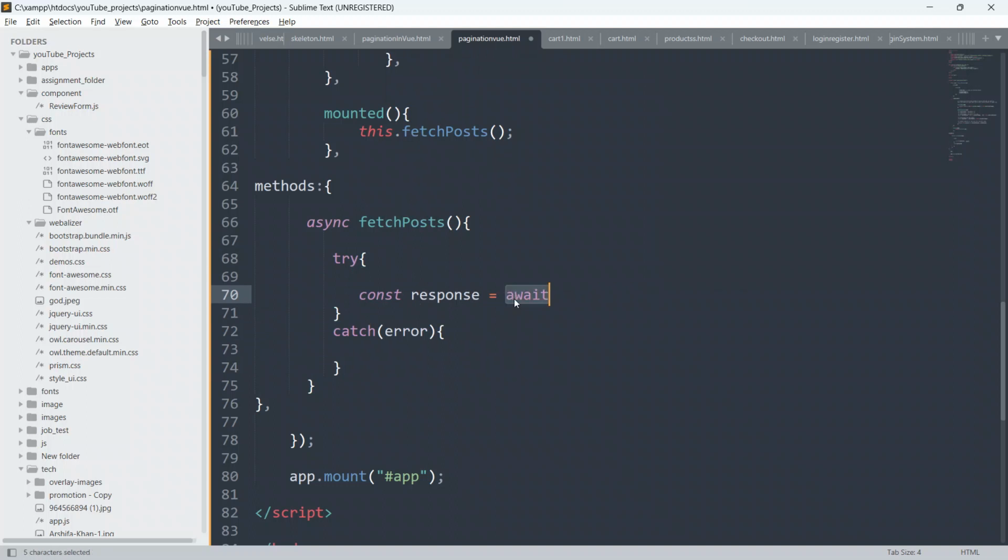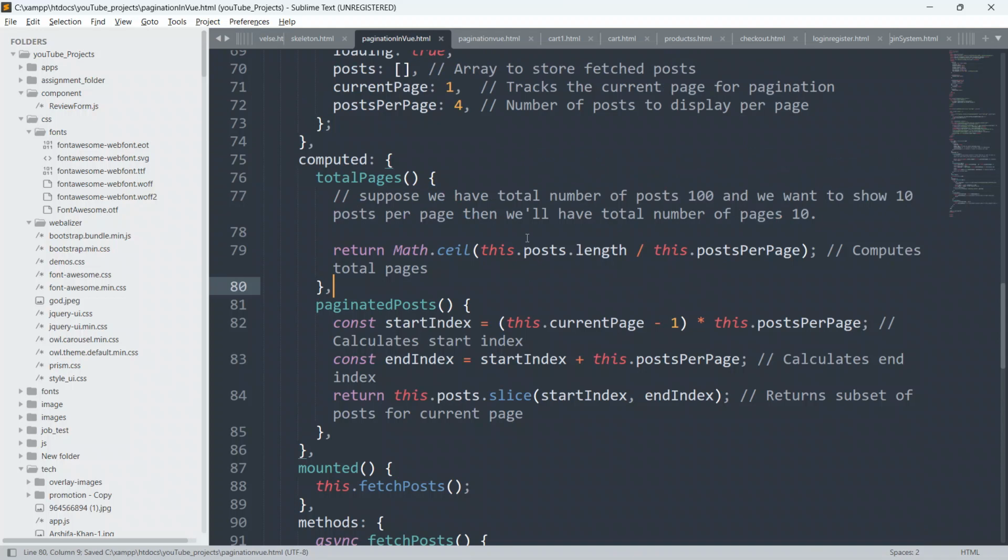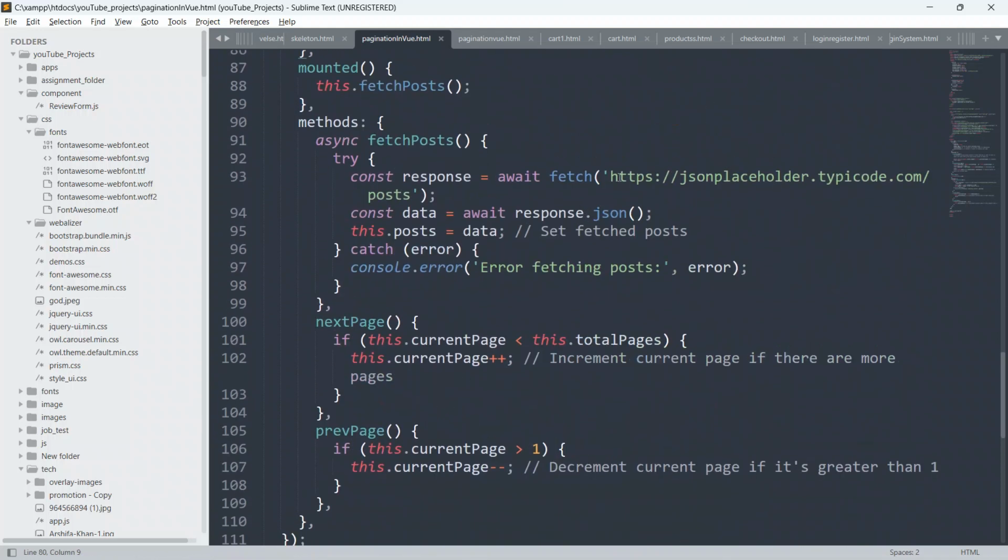So guys, once the promise is resolved, we will get our response inside the response variable. That's why we use the await keyword. So I'll say here await, and I will use the JavaScript inbuilt method which is known as fetch. I will put parentheses, and I will just copy the URL link from the previous example only. So this is the URL guys, as you can see here I am using the same URL.